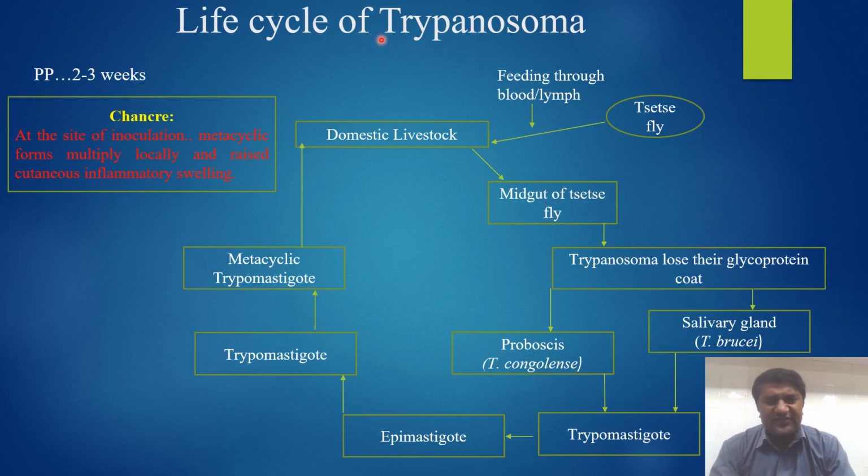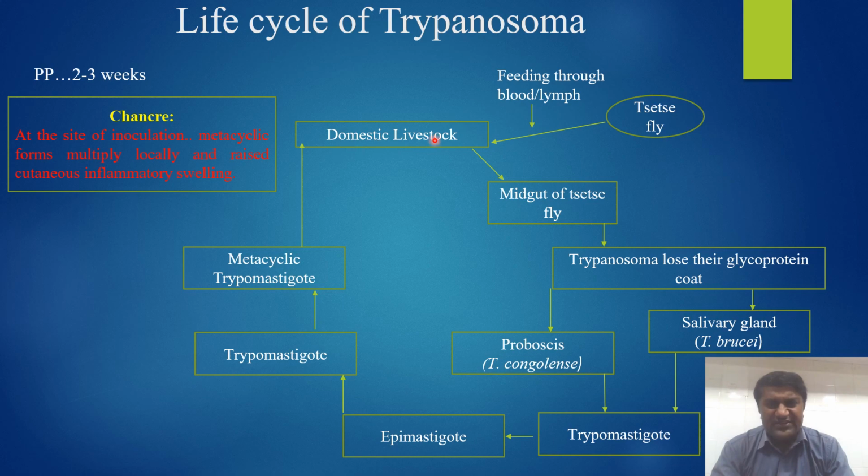So this is the life cycle of the trypanosoma. I would like to tell briefly about the life cycle of trypanosoma. The pre-patent period is 2 to 3 weeks, and first the tsetse fly feeds on blood or lymph,